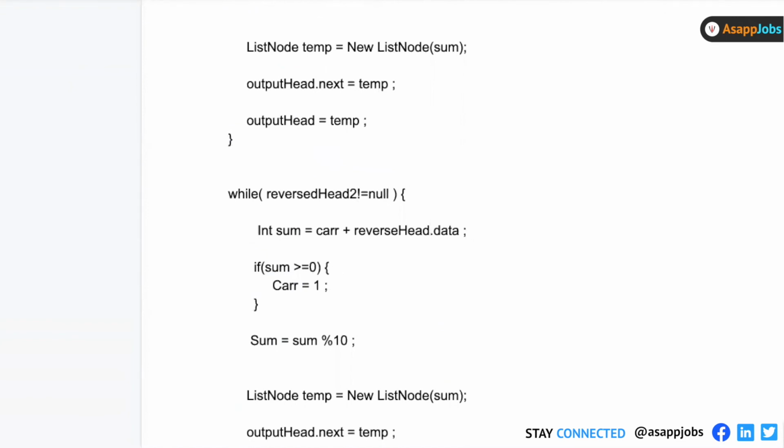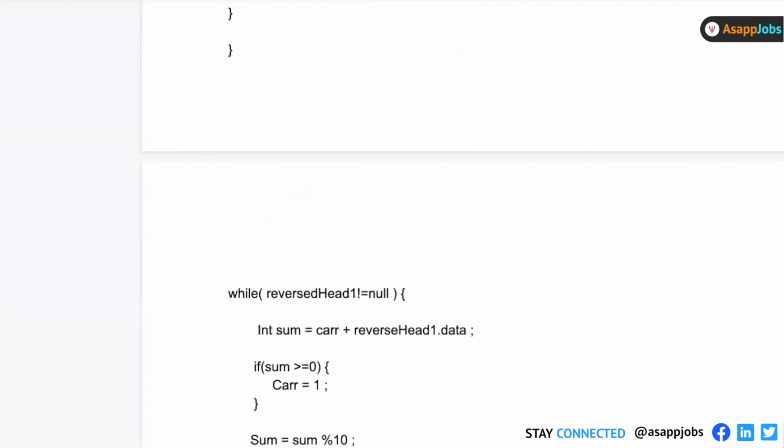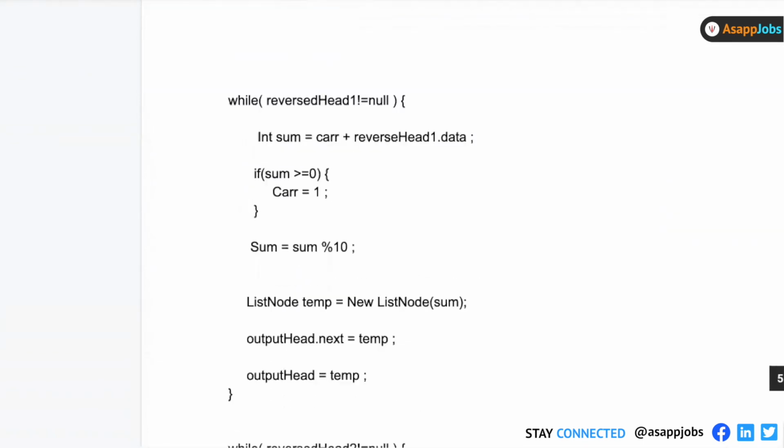And if you see, this is similar to the approach we use in the merge function of merge two arrays, right? If you remember, in the merge function of merge two arrays, given two sorted arrays you have to merge into a single array, the pattern that I've written in the code remains the same there also.